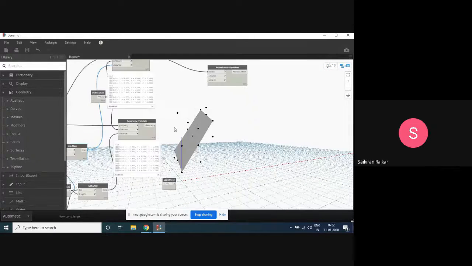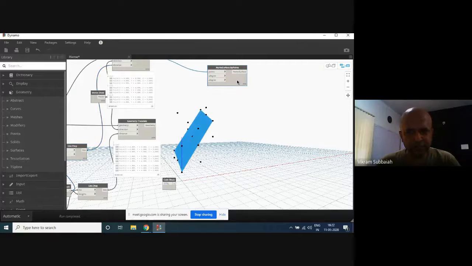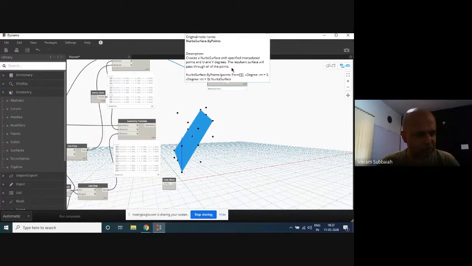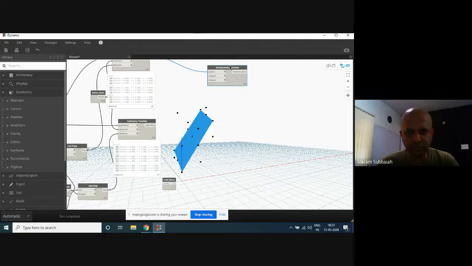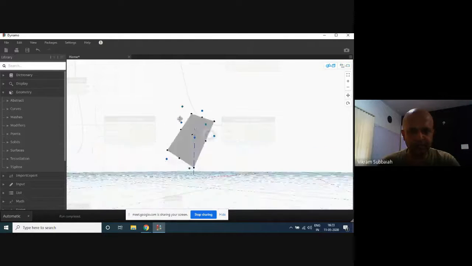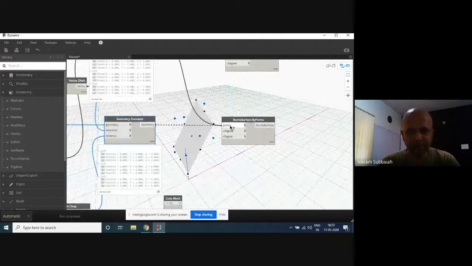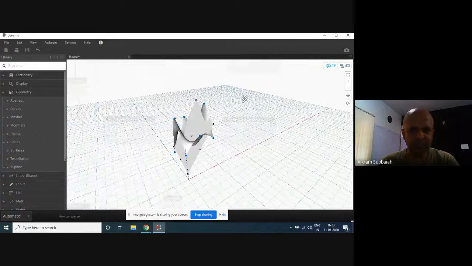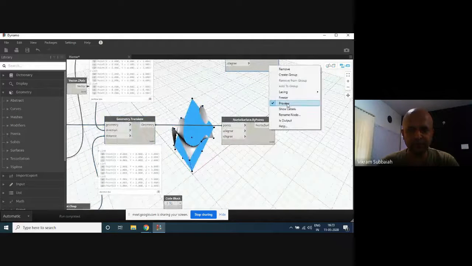Now, this is to answer the question about the shuffle and where it can be used. If I'm using the same NURBS curve somewhere, and this is the other list of points that we created by randomizing it, now if I apply this to this, it creates this kind of surface.